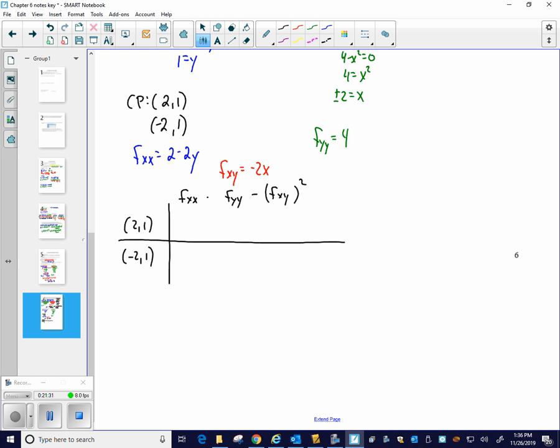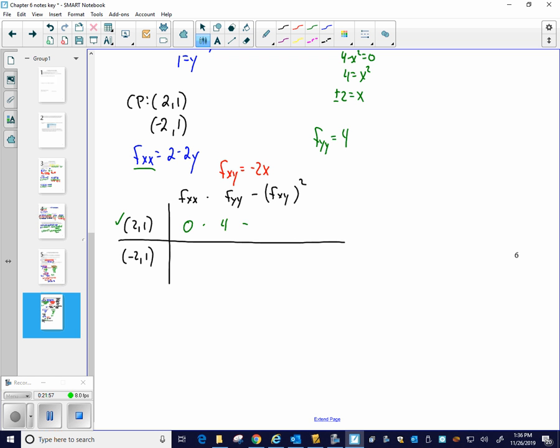So fxx, that's this one, evaluated at the first critical point, which is that one. Well, I only have a y to plug it into. So if I plug 1 into that y, I'm going to get 2 minus 2, which is 0. So really, it's not going to matter what fyy gives us here. But fyy is 4